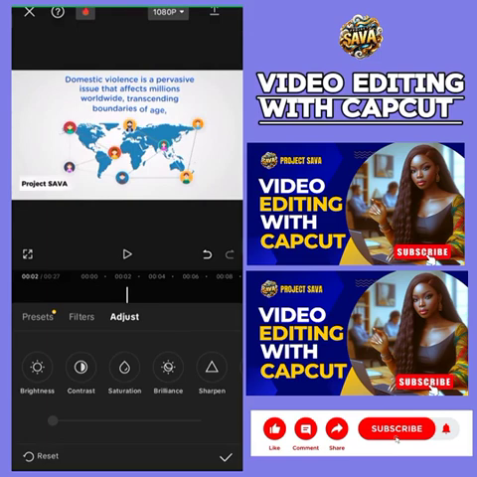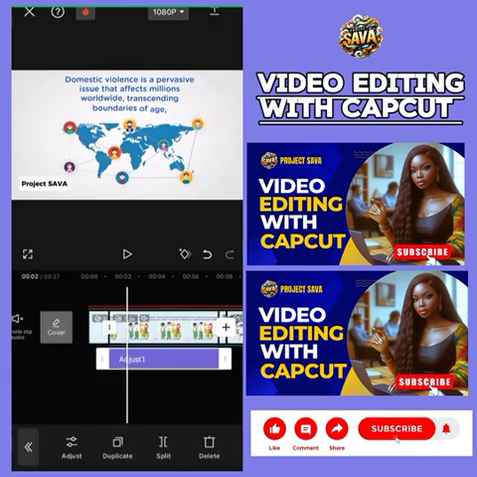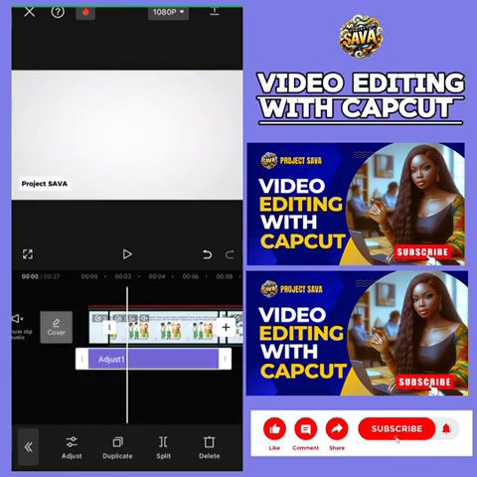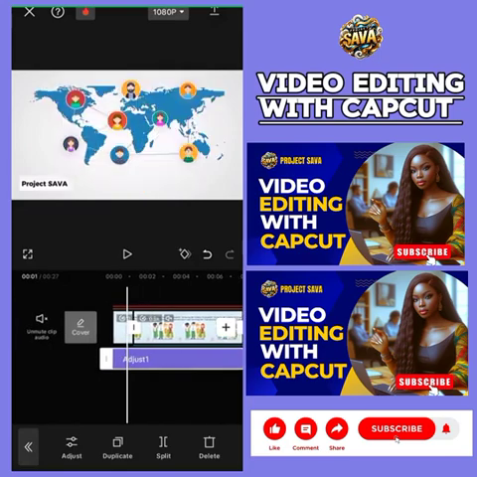So for that, we're going to be clicking on sharpen. So this is how you sharpen your video. You just click on sharpen, and then you can use your finger to actually sharpen your video or reduce it. Normally I would always try out 50%, half of it first, to see what it looks like, and then while I'm sharpening as well,